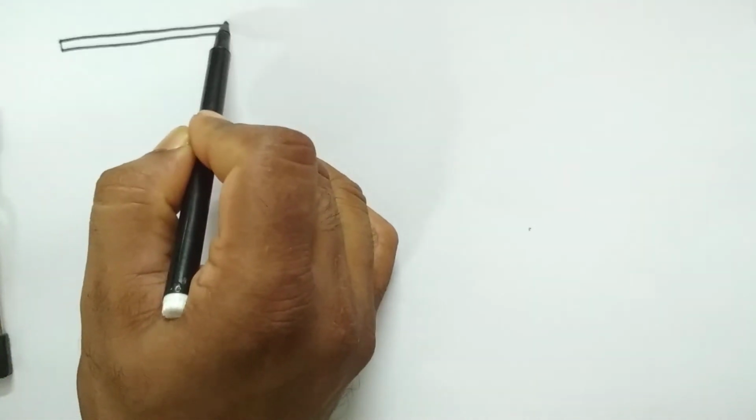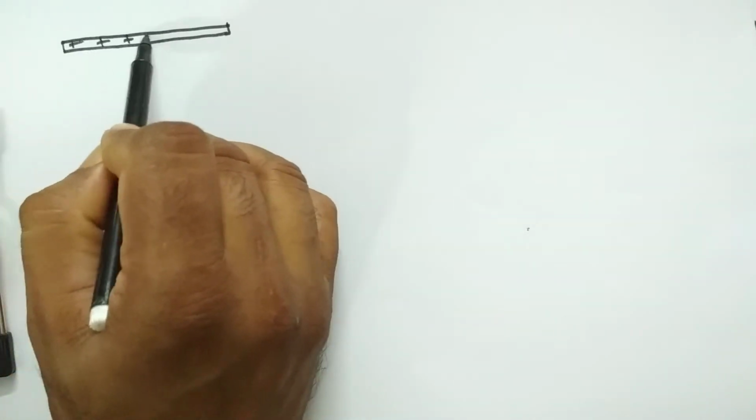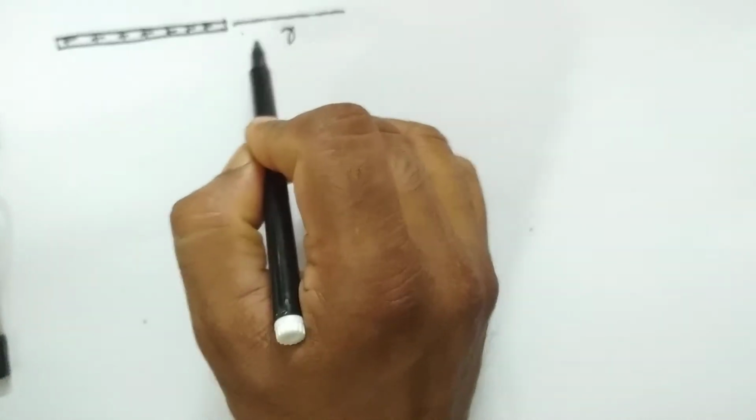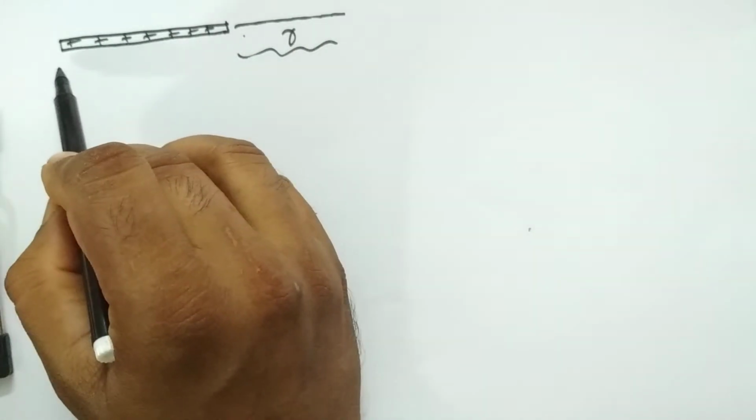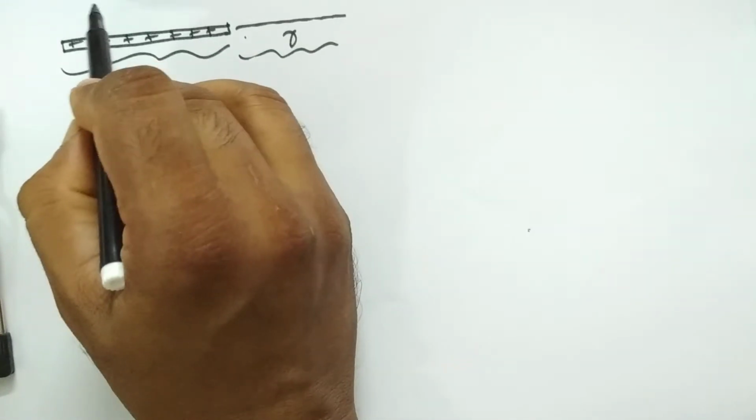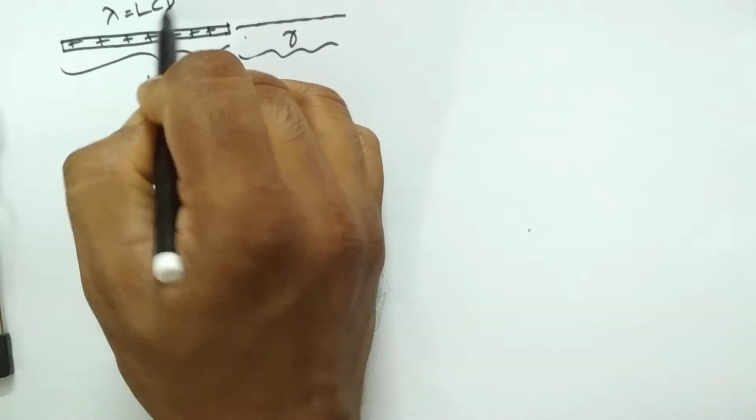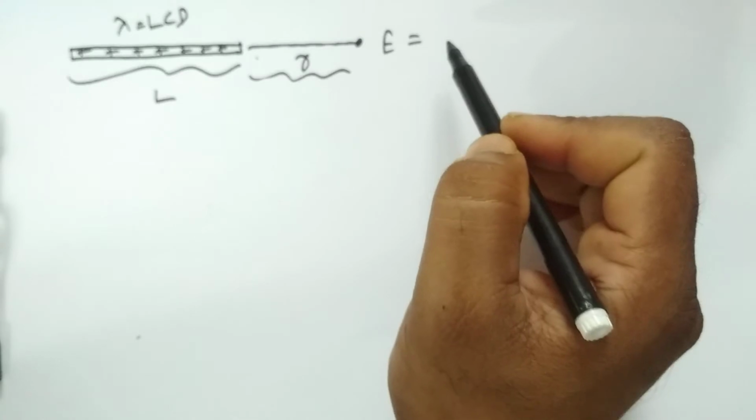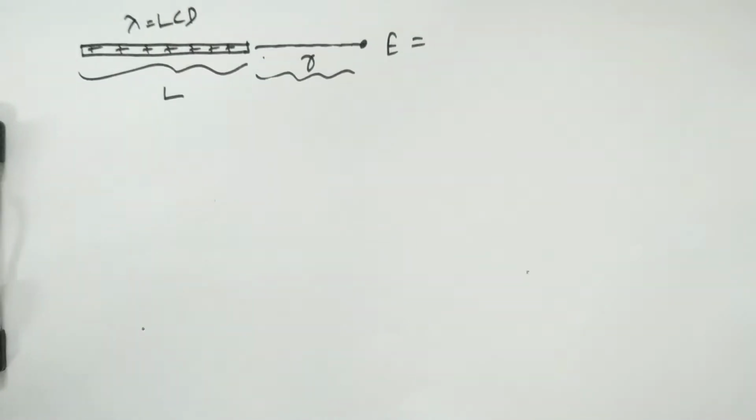If there is a linear distribution of charge like this, what will be the electric field at one end, at a distance r? What is the distance from here? R. This length is L. Lambda is the charge density. At this particular point, what is the electric field? These derivations we have done earlier, but just to remind you,